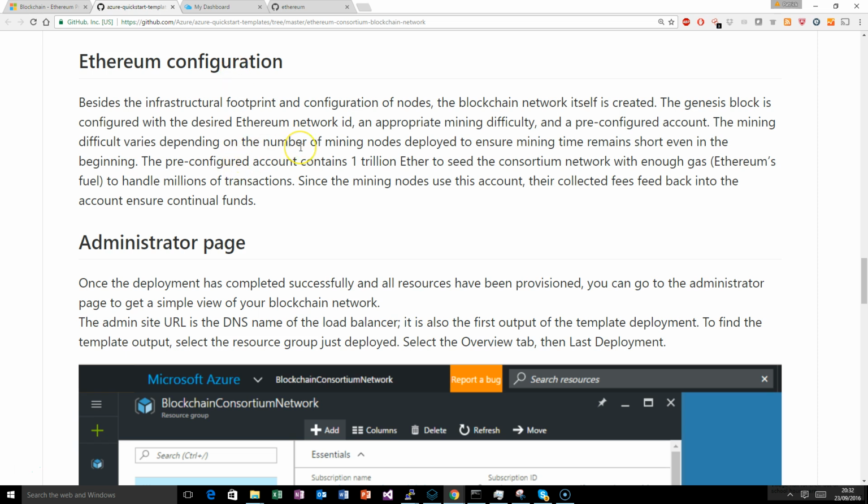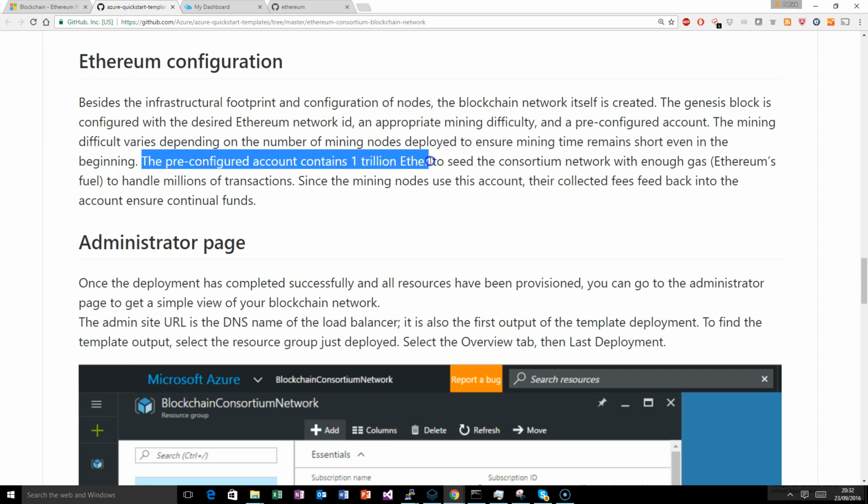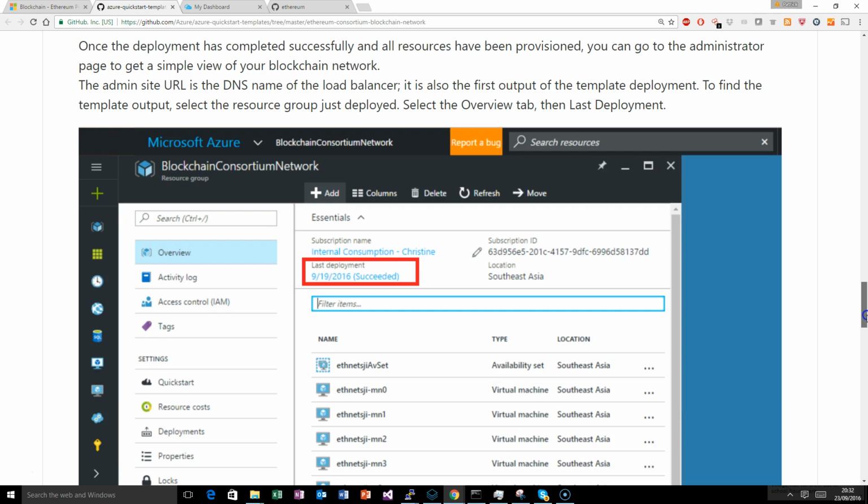Also, one thing I want to just point out here is it says here the mining difficulties depend on the number of mining nodes deployed, and also the pre-configured account within this particular template has 1 trillion ether to seed this private blockchain. Now, in an enterprise, you might have different ways you want to configure this, or in your project you might want to configure it a different way. So really this can be configured, but at the moment we're just going to go with the default, and we